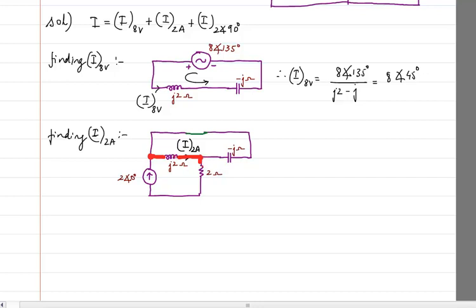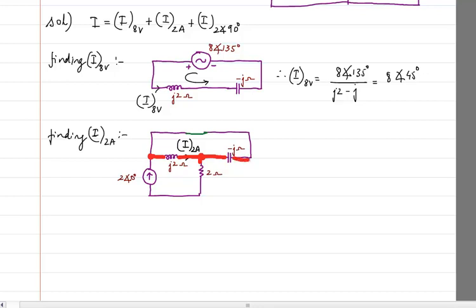So you cannot say that J2 and 2 ohms are in series or in parallel. But what about this minus J? See, minus J also has 2 terminals. One is this one, which is meeting with this J2. But since there is a third branch coming out of it, I cannot say that these two are in series. These two are not going to be in series because there is a third branch coming out here.